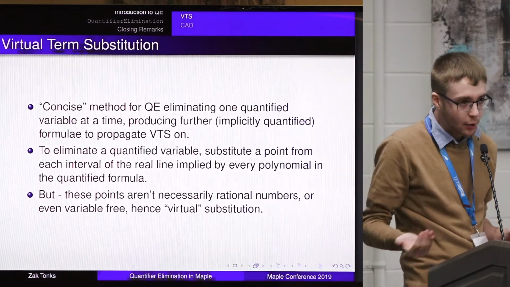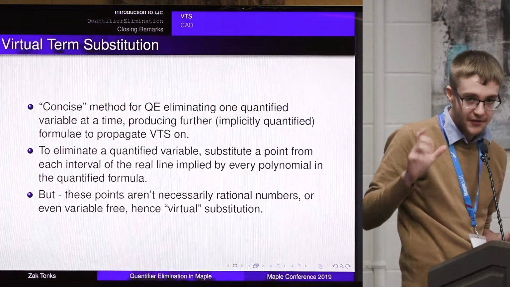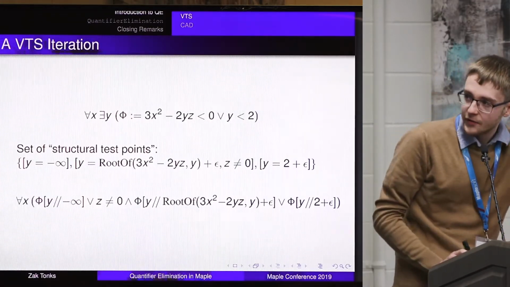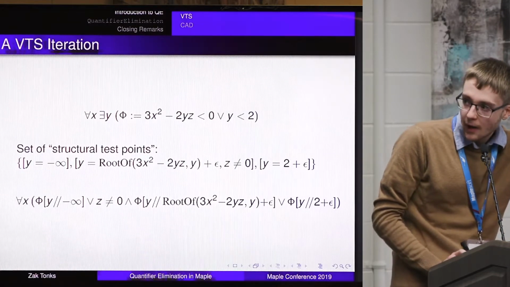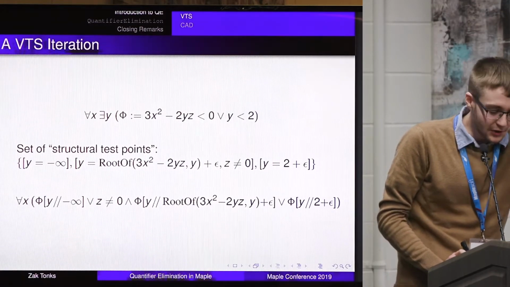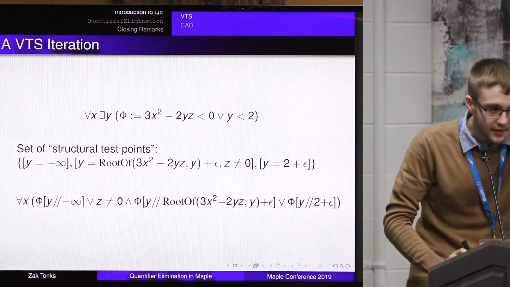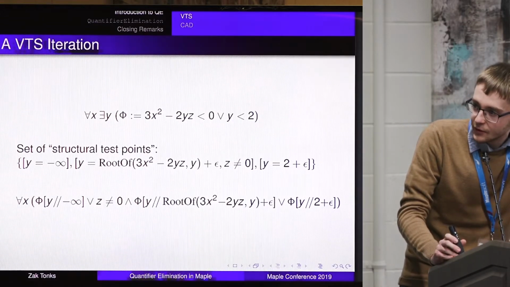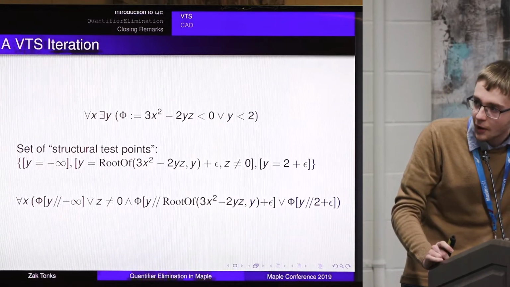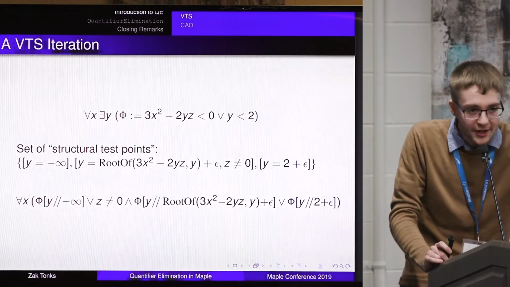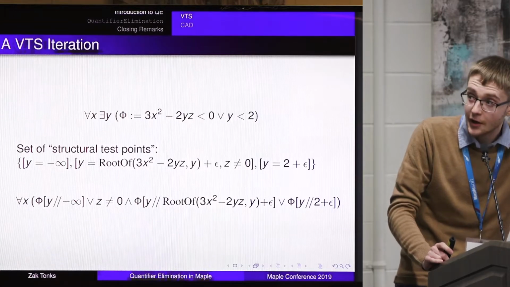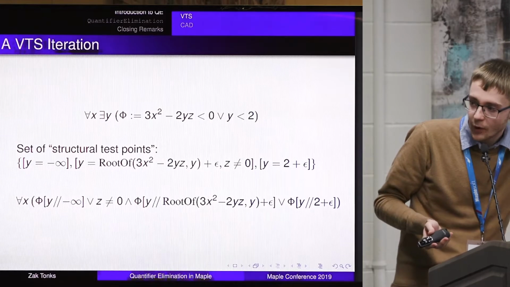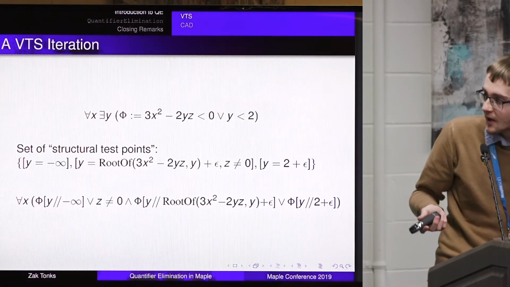So this is why we call it virtual substitution, and the virtual in virtual substitution is sort of hard to understand, hence if you understand it by the end I'll give you a medal. This is what things look like, and don't panic if you're like me and you didn't like analysis in your undergrad: you've got infinitesimals here, you've got epsilon and you've got infinity. These aren't real infinitesimals, so another part of virtual substitution is how you deal with substituting infinity and